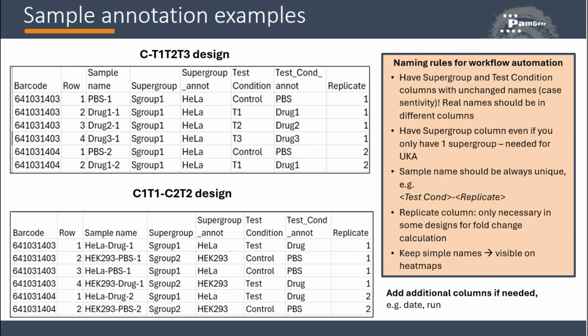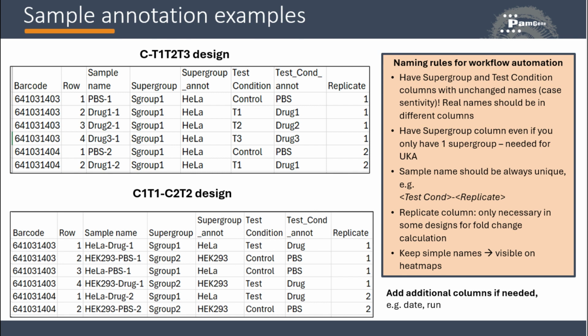In the first experiment design, we are working on HeLa cells, and as test condition, we have 3 drugs and 1 untreated PBS control. The sample name is unique, and it contains the test condition and the replicate number. Below, in the second experiment design, there are 2 cell lines, HeLa and HEK293, and only 1 test and a control condition. To make the sample name unique, we need to create it from the supergroup, the test condition, and